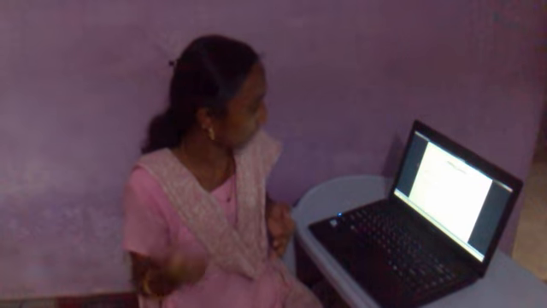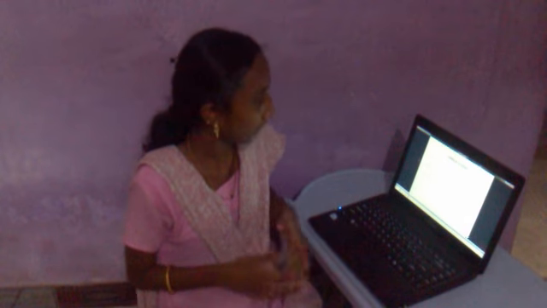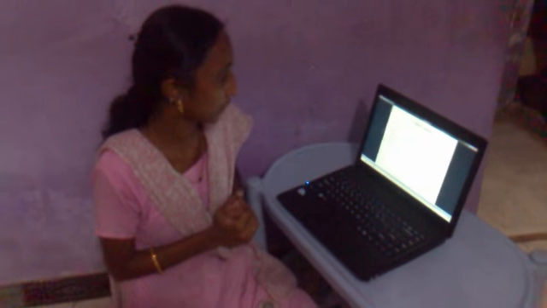Applications: image encryption and decryption, digital information security, computer and network security. And then the conclusion. The conclusion of this project is that by using